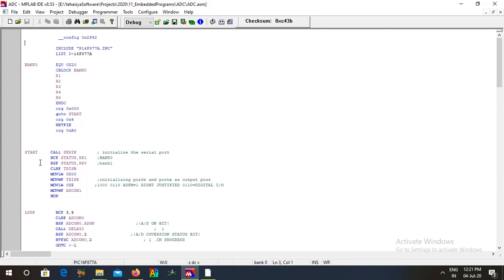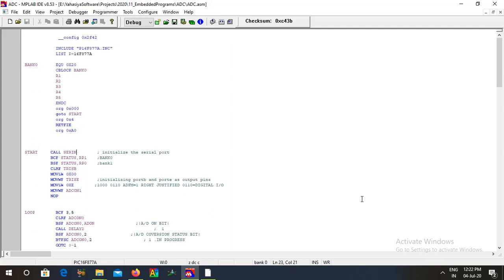After coming here, it calls a function serial in, that means serial port initialization. Why do we have to initialize the serial port? The reason is that after converting a physical signal into a digital quantity, we are going to transmit that signal to the PC. So we should communicate with the PC.